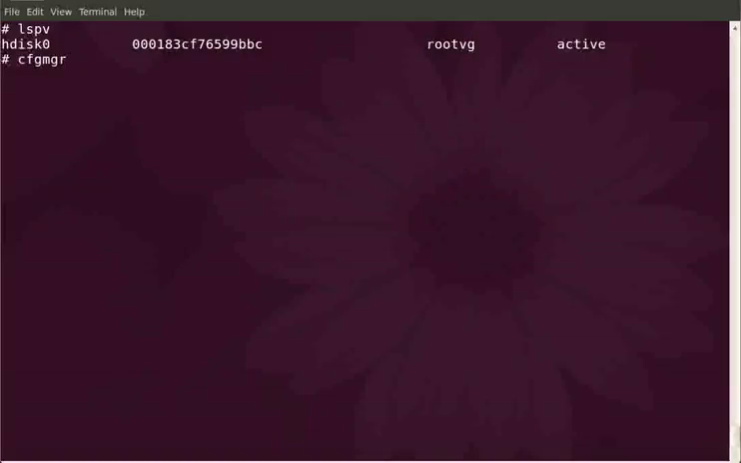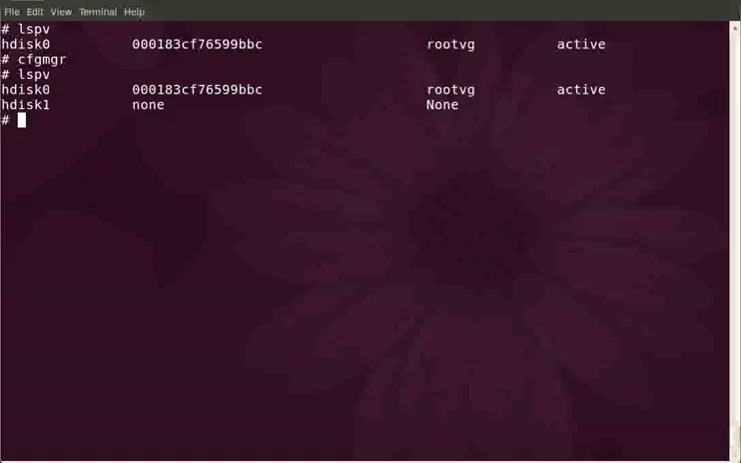This will basically scan for new hard disks, new devices and new adapters, and if it finds anything new, it will configure them. So I have connected a second hard disk to my system. The second hard disk will be configured as hdisk1, and the lspv command will show that. Now we have hdisk1 in our system, which doesn't have any PV ID and doesn't belong to any